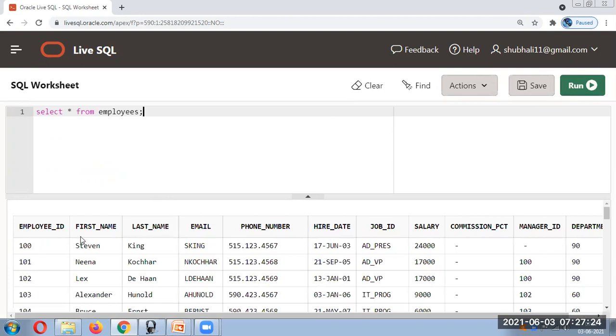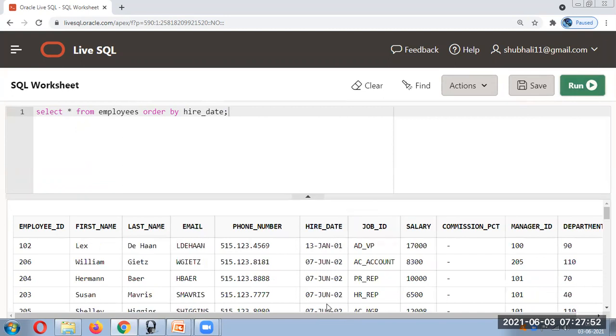Now we want the data arranged in ascending order of, let's say, the hire date. So we can just write here order by, and then hire date. Let's see now.